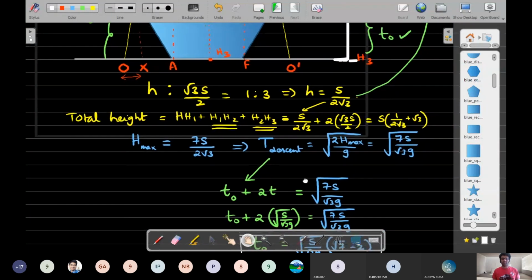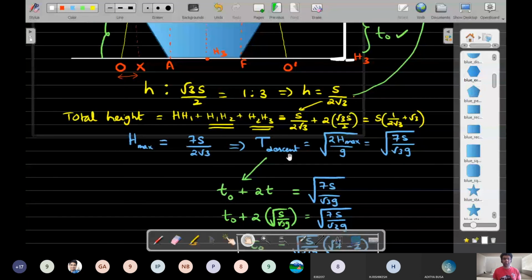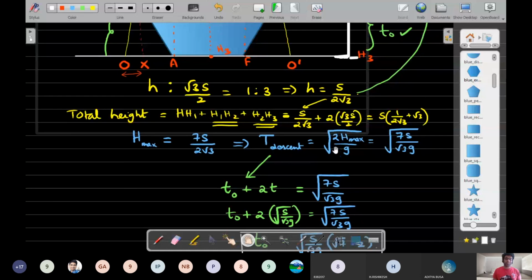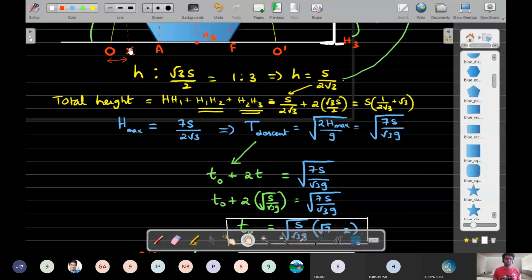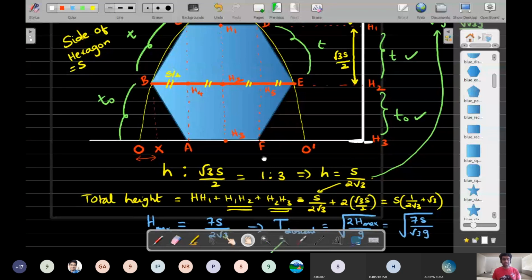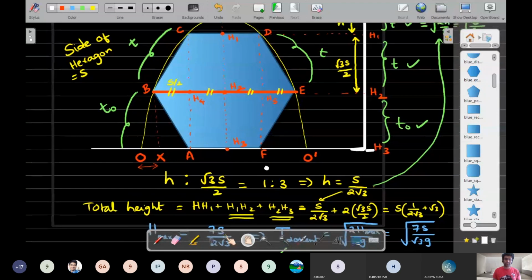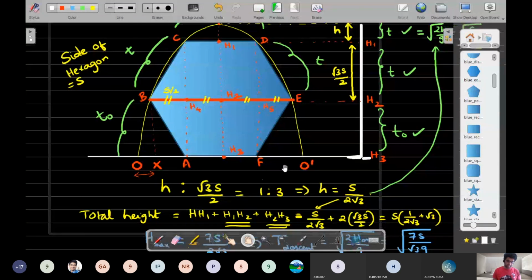So the original Olympiad question actually asked all the possible values. Like they asked what is the time of flight. I think time of flight is twice the time of descent that you got. Okay, whatever you got. So that was one part of the question. And then they asked what's the value of this OX. They also asked what is the angle of projection. I think with all these numbers known, angle of projection is not a difficult thing to calculate. Okay, right. So this is how the question panned out.